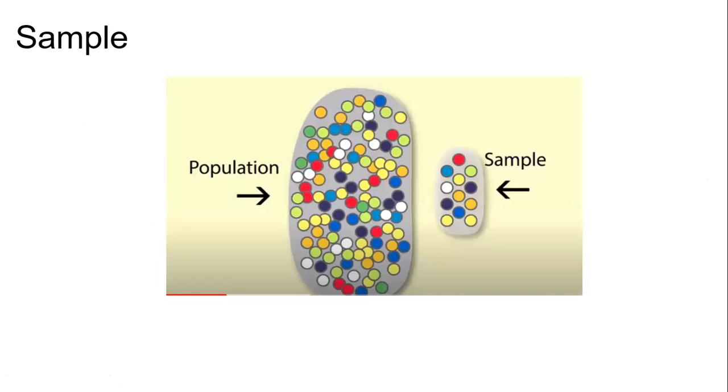First, let me explain what a sample is. From this picture, it's very clear. The population is a very large area, but the sample is a very small area. Normally, we draw a sample from a population. In a sample, a very small number of participants is included. You can see in this picture, the large picture has many colored balls, and I have drawn a few colored balls from it. So I call this a sample. Normally, a sample represents a cross section of a population.